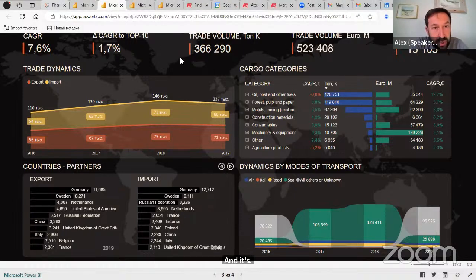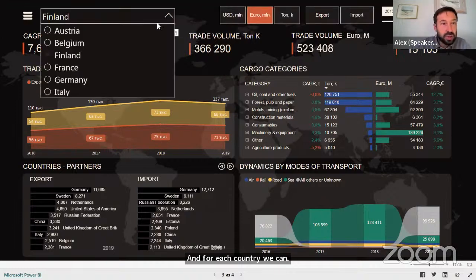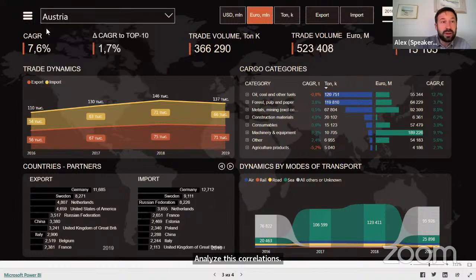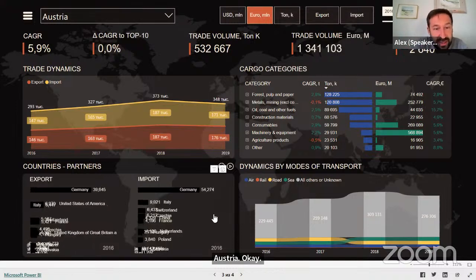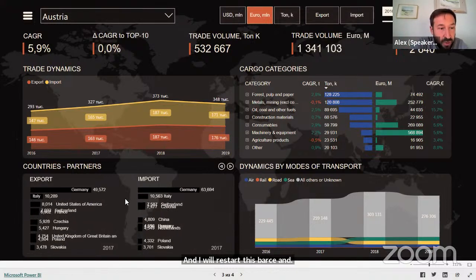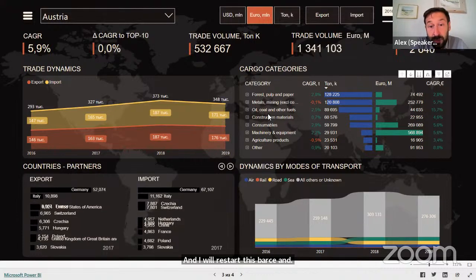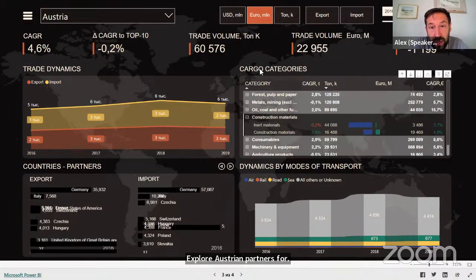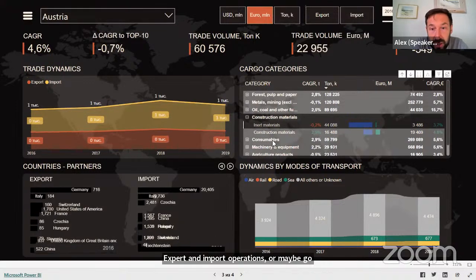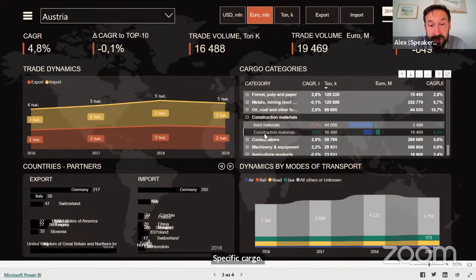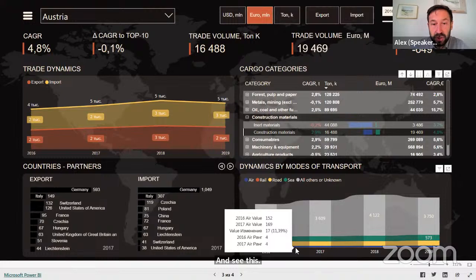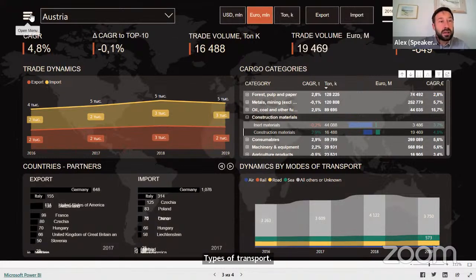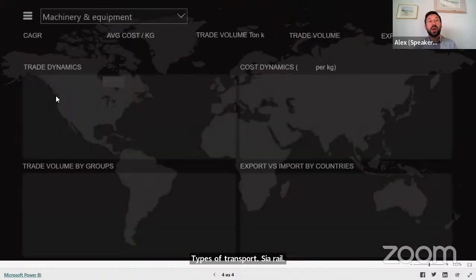For each country, we can analyze these correlations. Let me go to Austria, for example. Okay, I will restart this bar chart race and explore Austrian partners for export and import operations, or maybe go deeper into specific cargo categories, for example, construction materials, and see the types of transport, sea, rail, and go deeper to types of cargo.